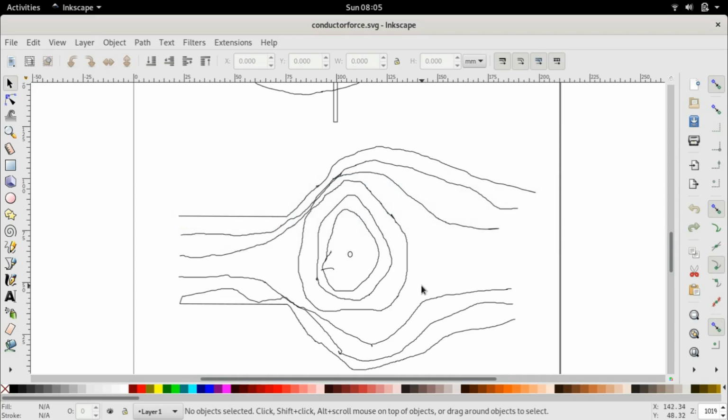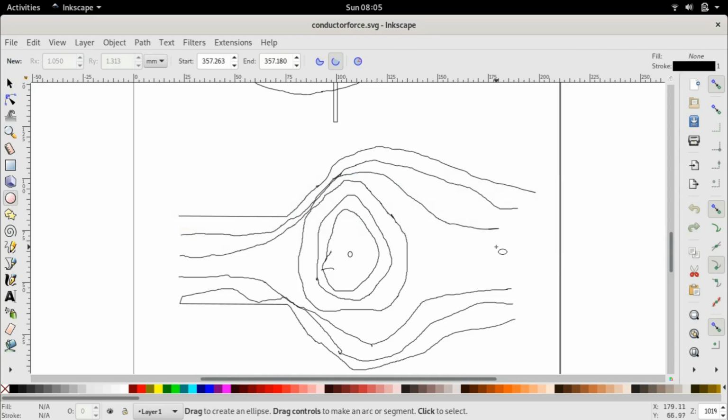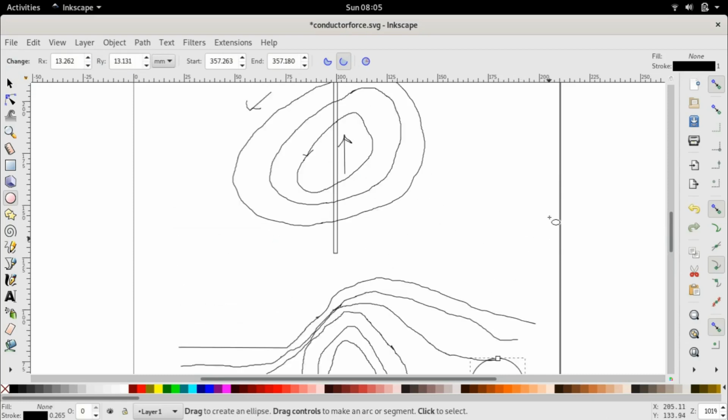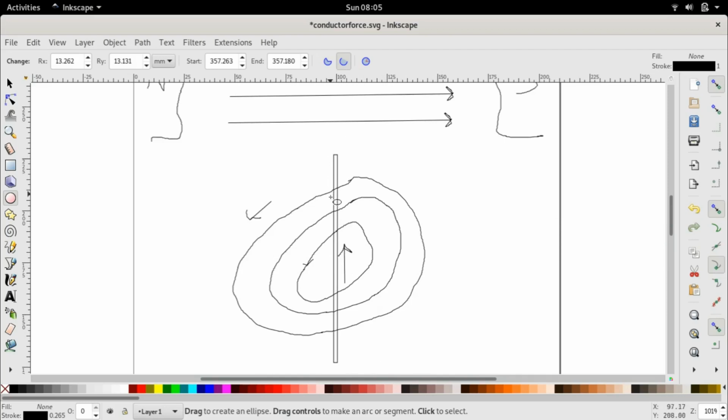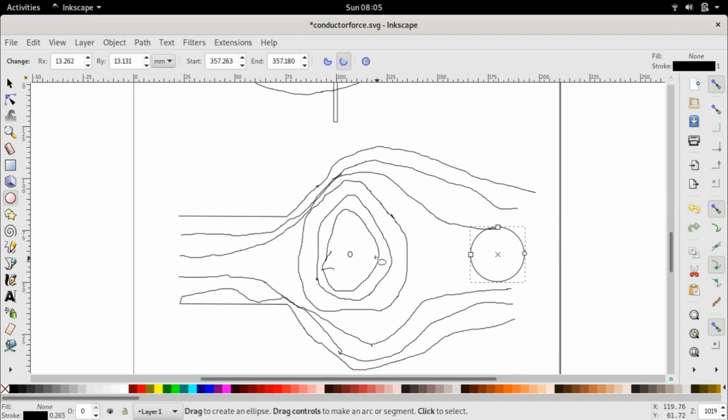So as a brief recap, the magnetic lines of force are circular, and the reason it is circular is because we are looking at the top view. This is a side view of a conductor. The conductor is vertical, and these lines of force are perpendicular to the plane of the conductor, which means they are horizontal. So if we look at this entire thing from the top,